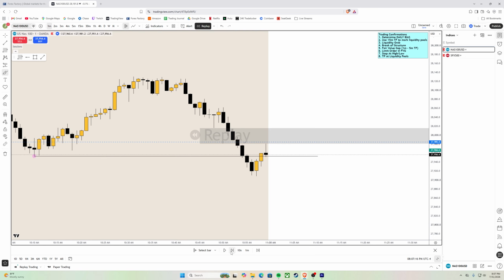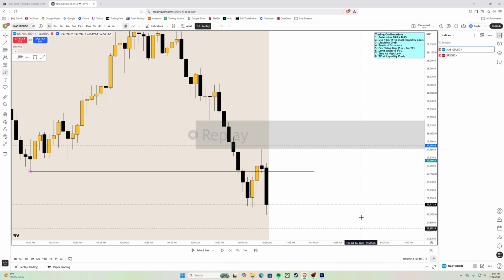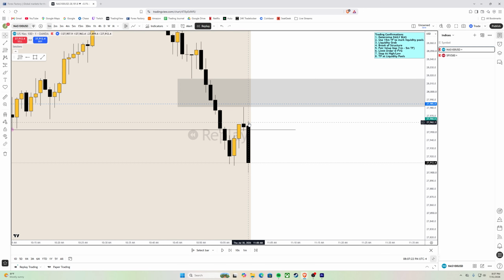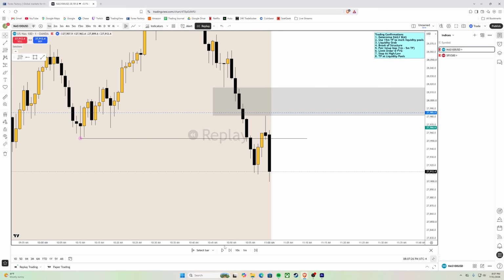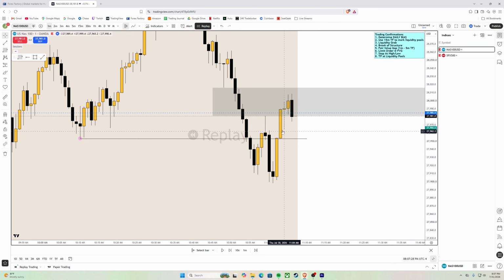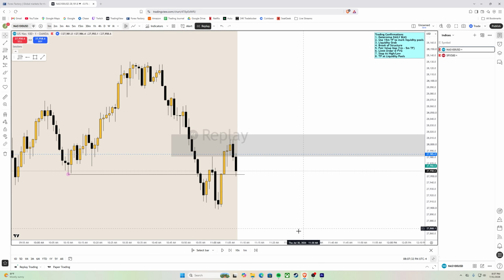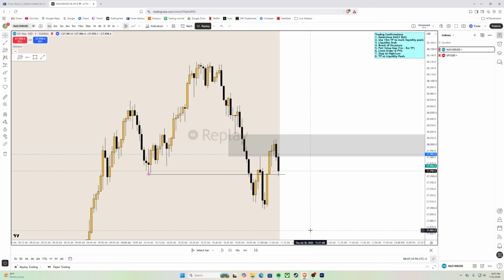Now, if we go into the 1 minute time frame, you're seeing that this is a candle from 11 a.m. to 11:01. So obviously it didn't tap into the fair value gap, but the fair value gap gets tapped in at 11:03, 11:04. So once again, I didn't trade on this day because it's the end of FOMC week, so I'm not behind the charts. But you can see price does in fact tap into the fair value gap.